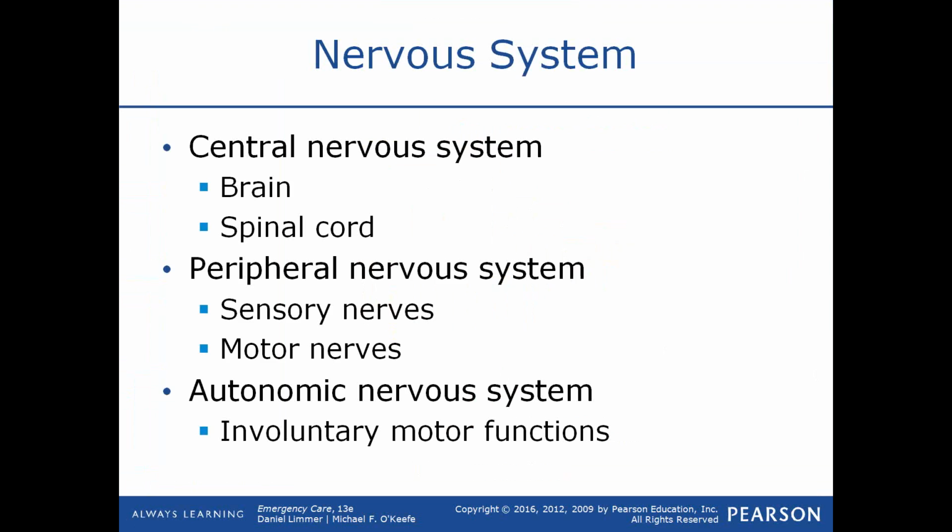Now, the autonomic nervous system, think of it as the automatic nervous system. It is in control of all your involuntary motor functions. You don't have to think about constricting or dilating your bronchioles to breathe. You don't have to think about constricting or dilating your pupils to see. You don't have to think about constricting or dilating your blood vessels in order to keep the pressure up in your system. You don't have to think about pulsating or pushing food through the GI tract. These are things that just happen automatically in response to your environment, and those are under the control of the